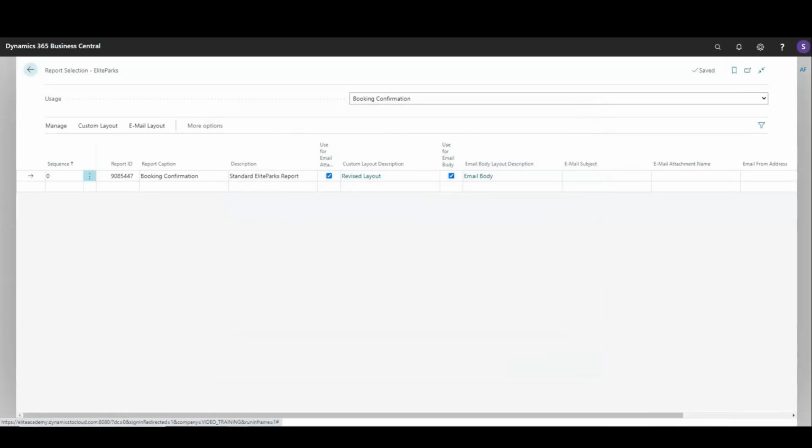So I've now fully customized the email that will be sent to the customer and also the booking confirmation report itself. Some other options that you then have in here allow you to define what the email subject should be and also what the email attachment name should be. So I'm going to set my email subject as your holiday booking,